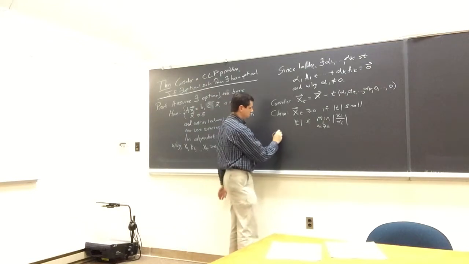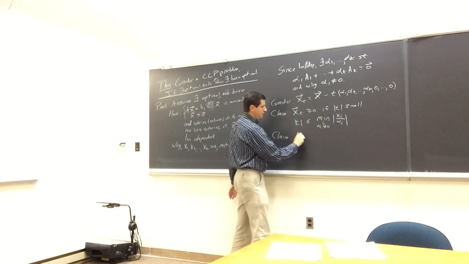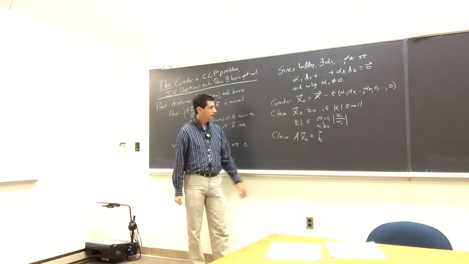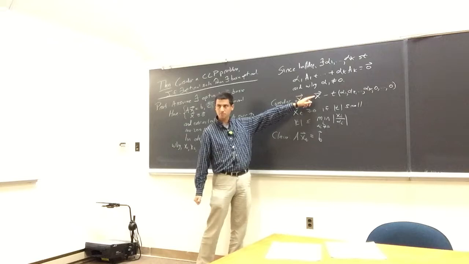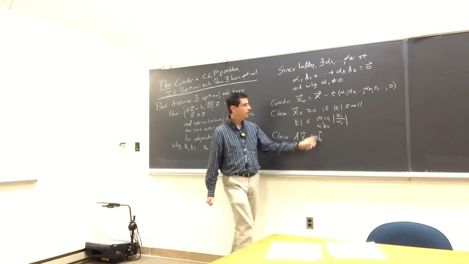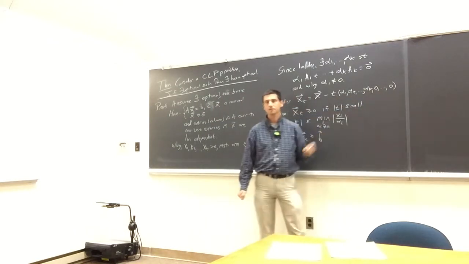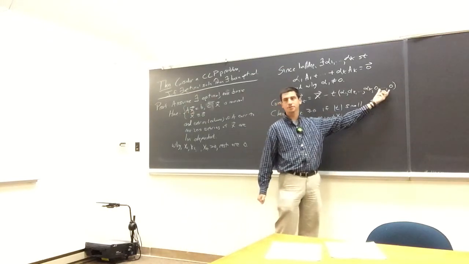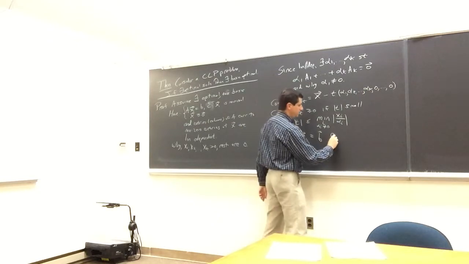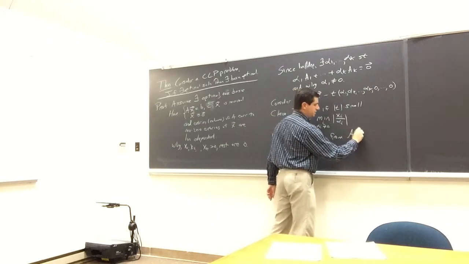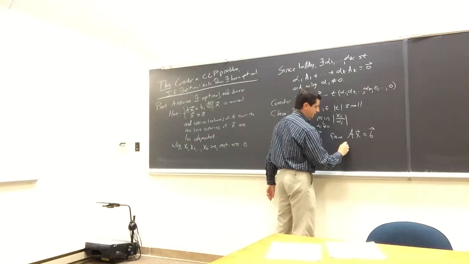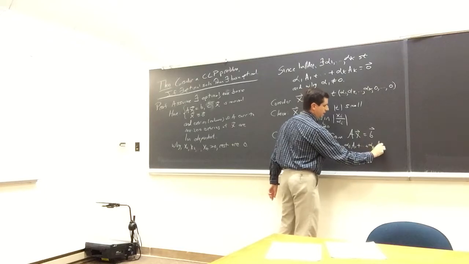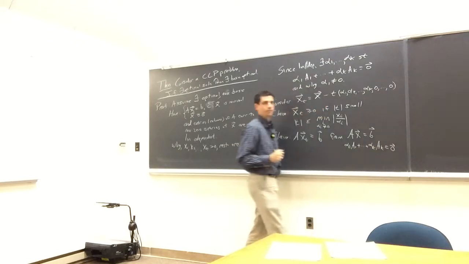The next claim is that A x_t equals b. The reason is we know Ax equals b, and if we apply A to this vector, what do we get? 0. That's the whole point of the linear dependence. This is from Ax equals b and alpha 1 a1 plus through alpha k ak equals 0.